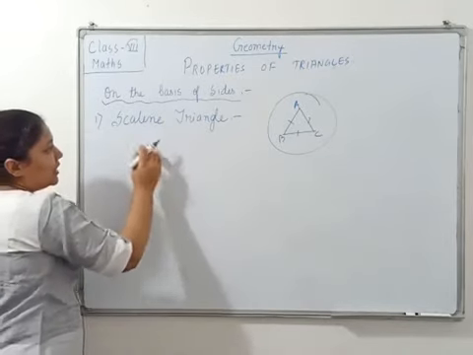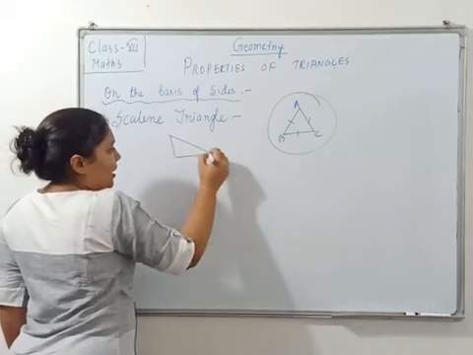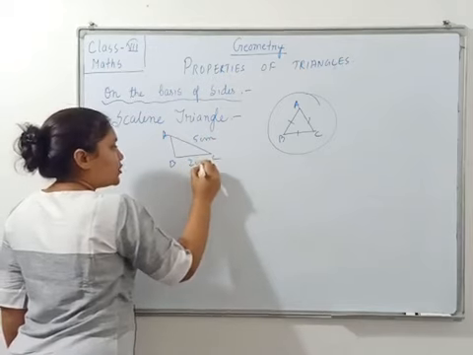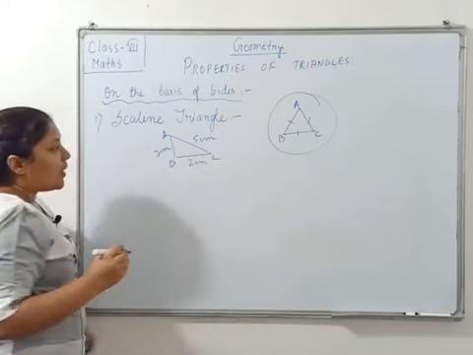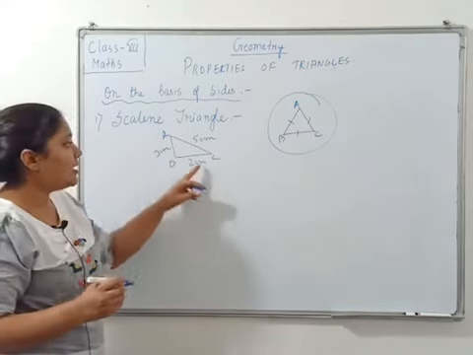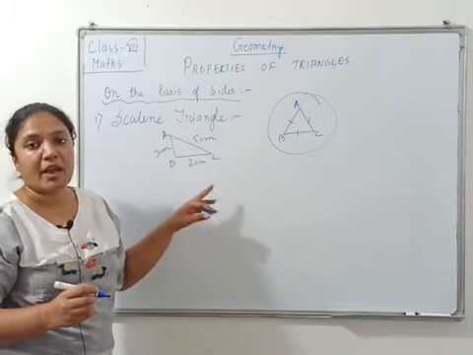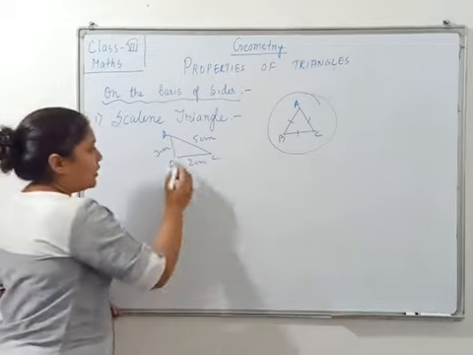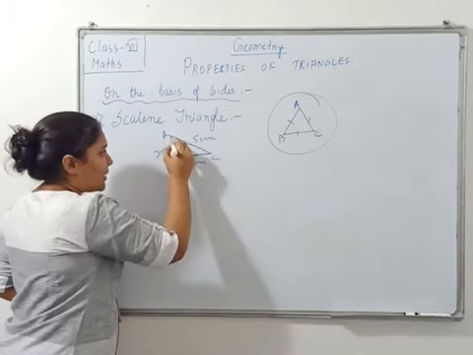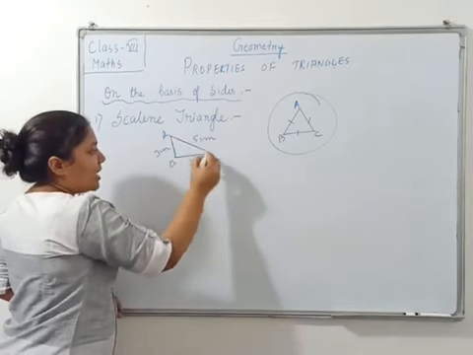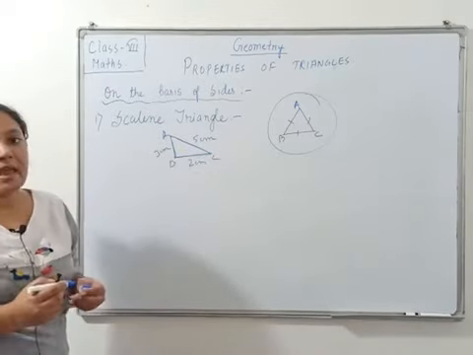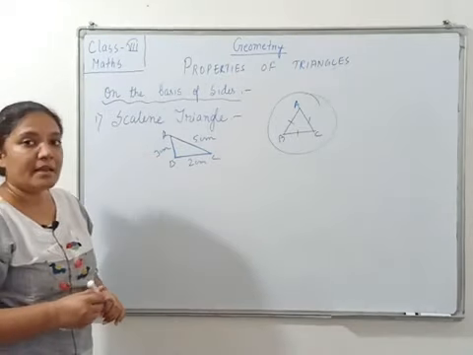Now, what is this scalene triangle? Scalene triangle means where all the sides are of what? Suppose if I write this is 5 cm, this is 2 cm and this is 3 cm, where the measurement of all the line segments are different. Then that triangle is scalene triangle. I am not talking here about angle, so don't get confused. We are only talking here about the sides. If all the sides of the triangle, like AB, BC and AC, are of different measure, then that triangle is what?